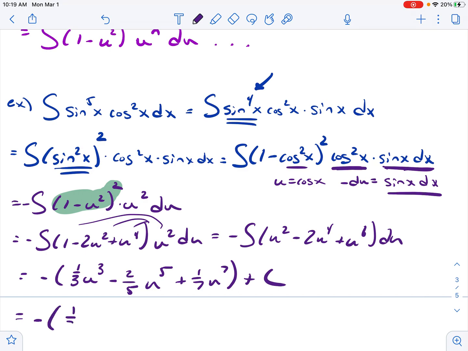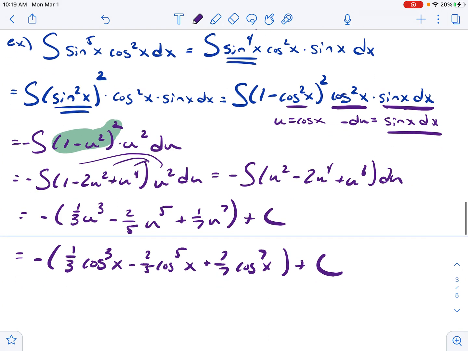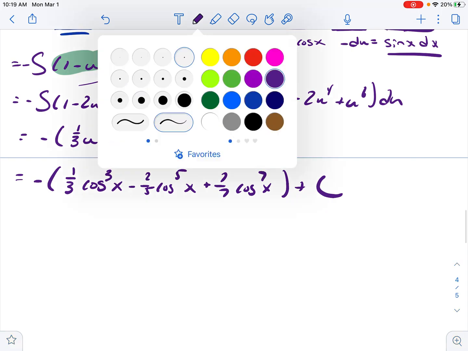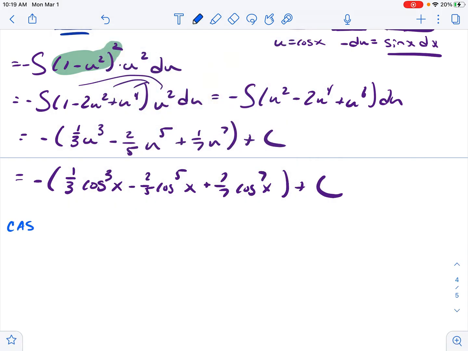And now at the end of the day, subbing back in for u, which was cosine x, we get negative quantity 1/3 cosine cubed x minus 2/5 cosine to the 5th x plus 1/7 cosine to the 7th x plus c at the end of the day. All right. So, some technical stuff here. It also includes u substitution. Okay. Case 2 of this